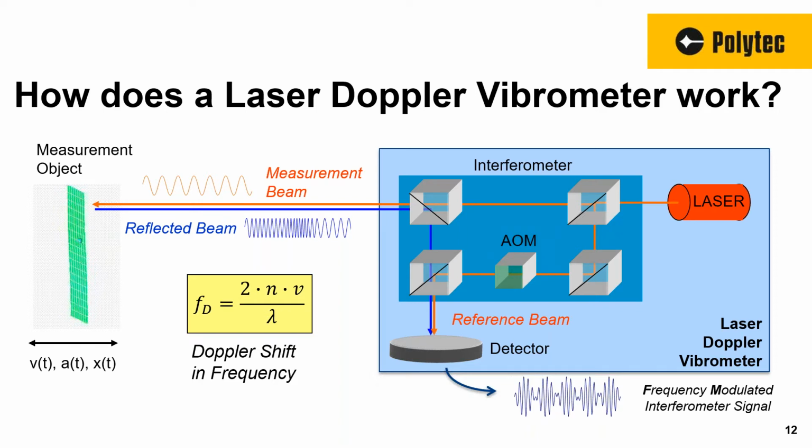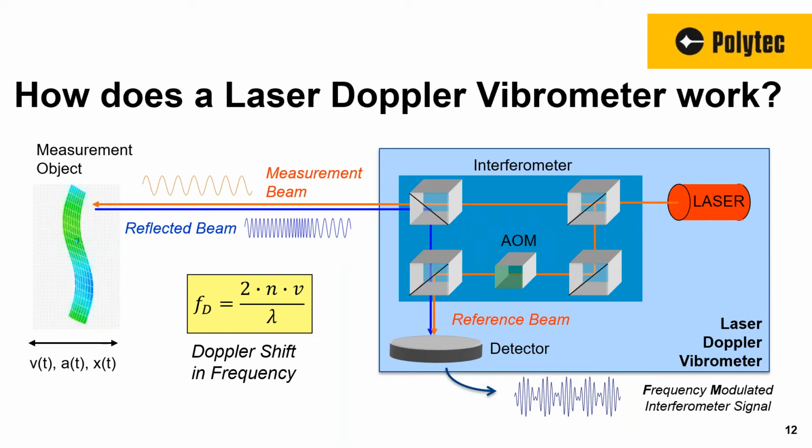The relationship between the Doppler shift and the vibration velocity is very straightforward, as you can see here on the screen. The only other unknown is the wavelength of the laser tube, so the optical portion of the vibrometer is calibration free. It's a very reliable method for measuring vibrations, having a flat frequency response curve from DC up to